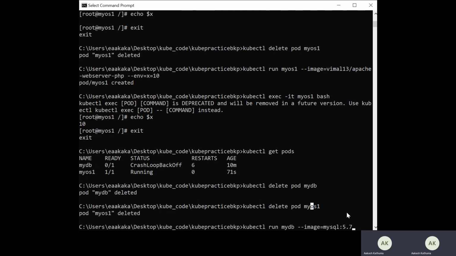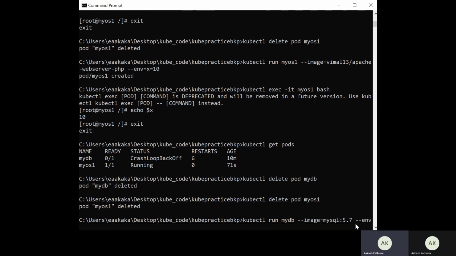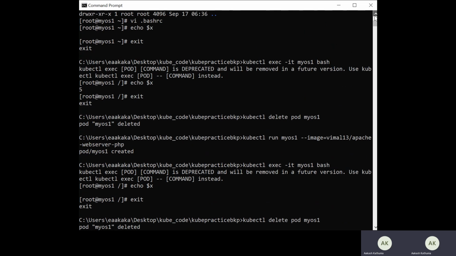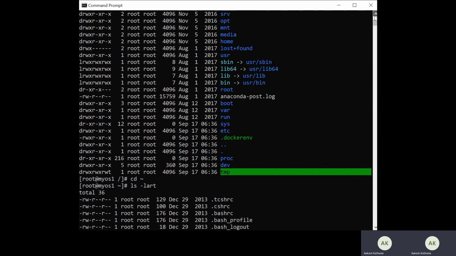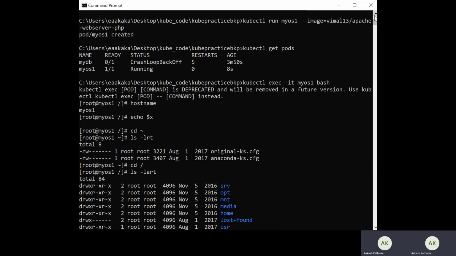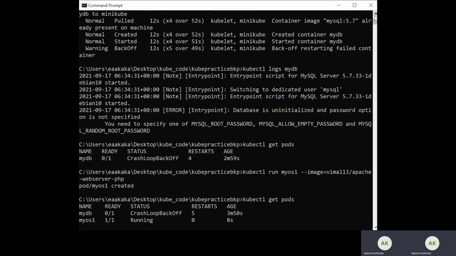Okay, so now I can use the environmental variable like --env equal to. The first environmental variable is the one we were getting as an error inside the log. If I go on top of the terminal, I can see the error is coming for the MYSQL_ROOT_PASSWORD, right?